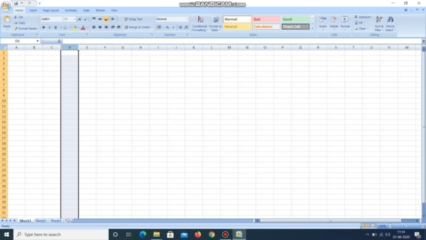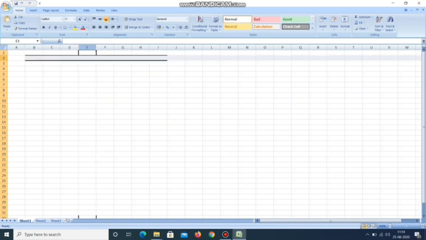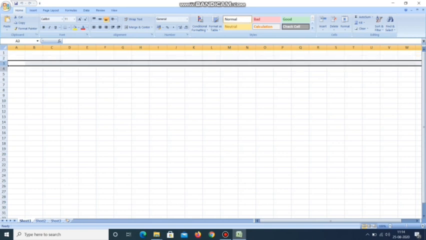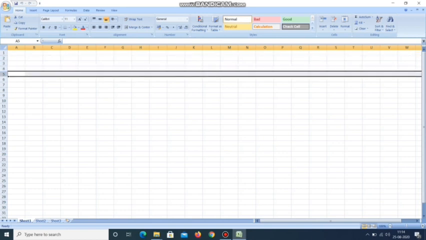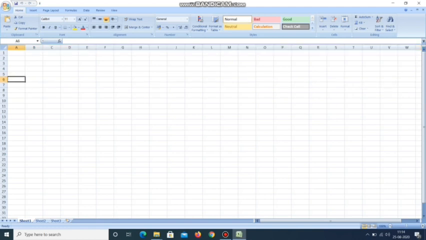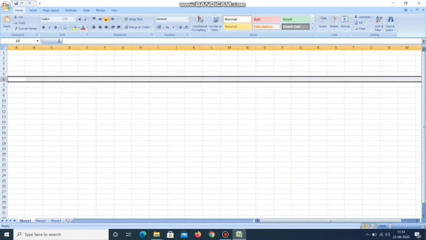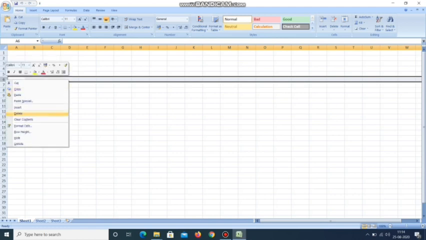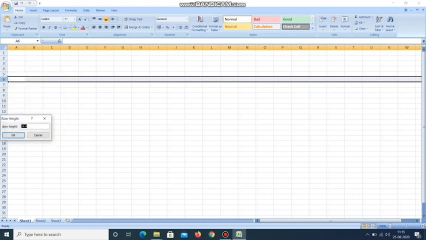These are different columns, on which I am clicking A, B, C, D, E, and these are your different rows. So vertical lines are known as columns and horizontal lines are known as your rows. And we can change the height of each row by selecting the row and clicking on row height.